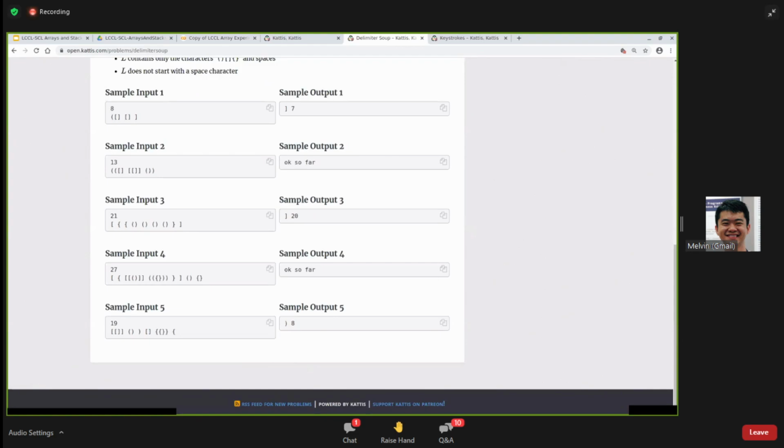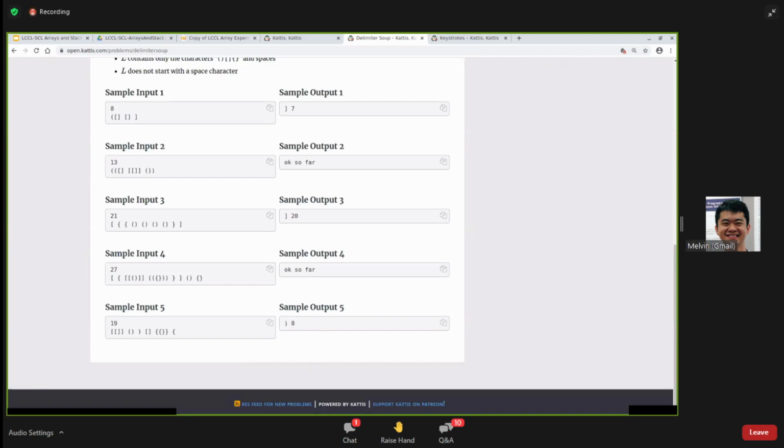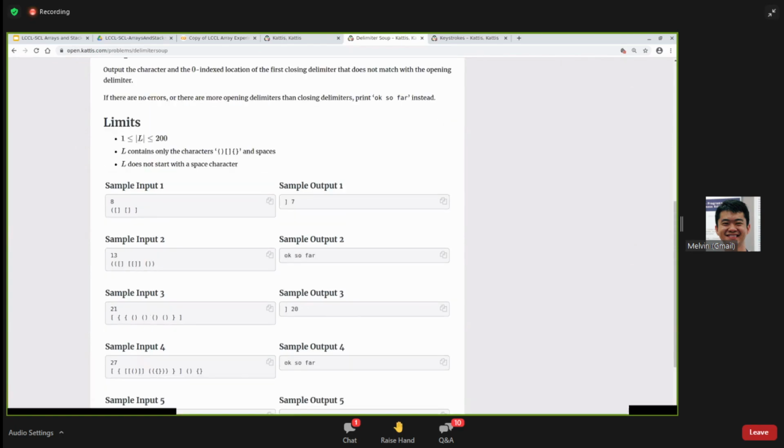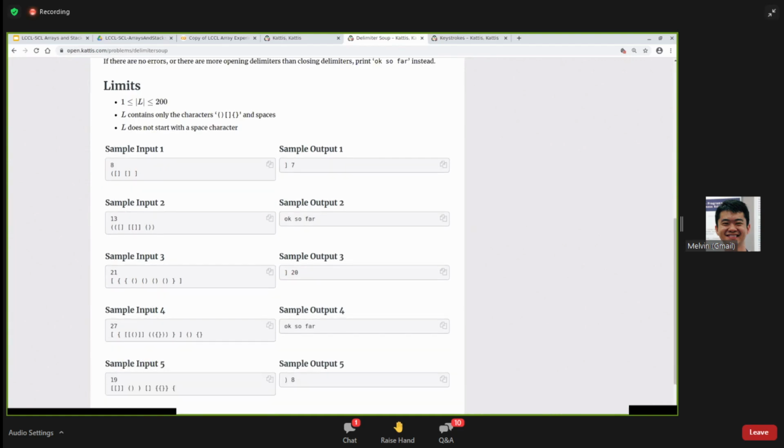So here are just different example inputs, right? I think the first number is just the size, how many characters are coming next. And the real input is this sequence of different kinds of parentheses, right? You have the curly braces, the square brackets, and so forth. I think you can have even the one we use for sets, I forgot the name of it, but it's another kind of opening brace. So there are essentially three different kinds of braces or delimiters, as is mentioned here, that we will be looking at. So the question is, is this a well-formed